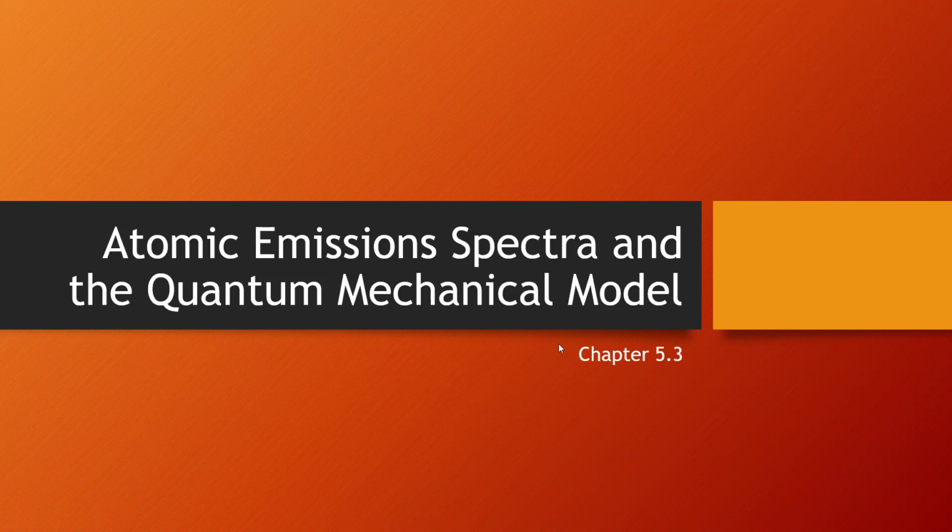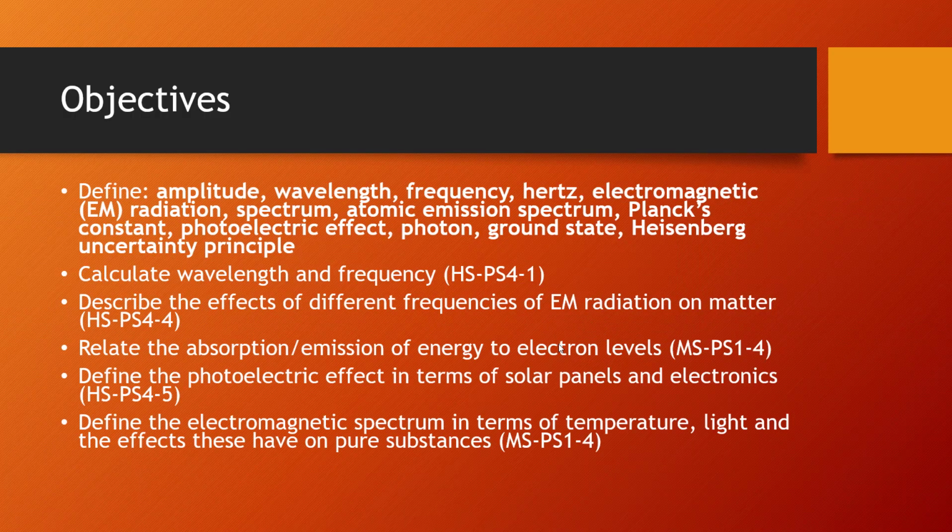In this video, we are going to look at the atomic emission spectrum and some of the quantum stuff from chapter 5.3. So be able to explain what is the atomic emission spectrum, define Planck's constant, the photoelectric effect, photon, ground state, and the Heisenberg uncertainty principle. Be able to relate the absorption and emission of energy to electron levels, define the photoelectric effect in terms of